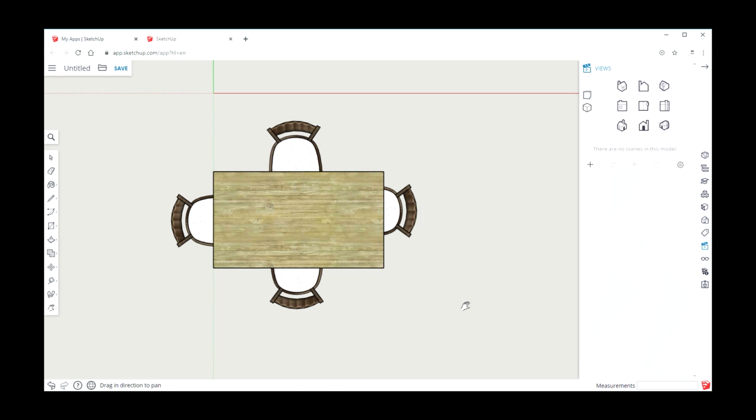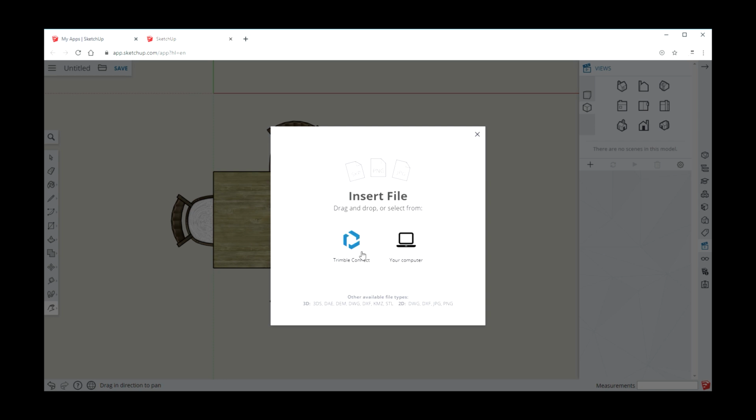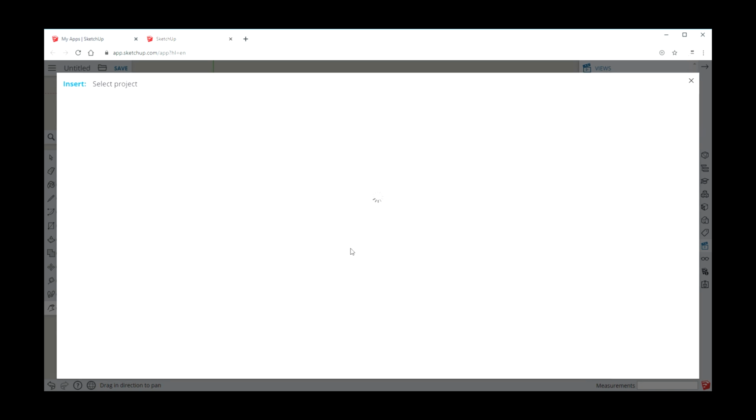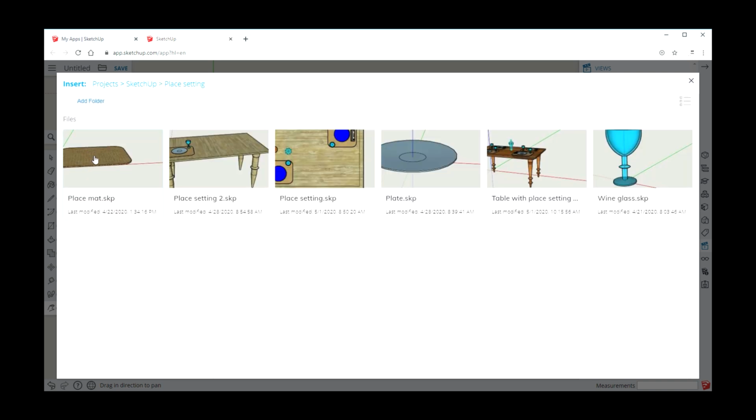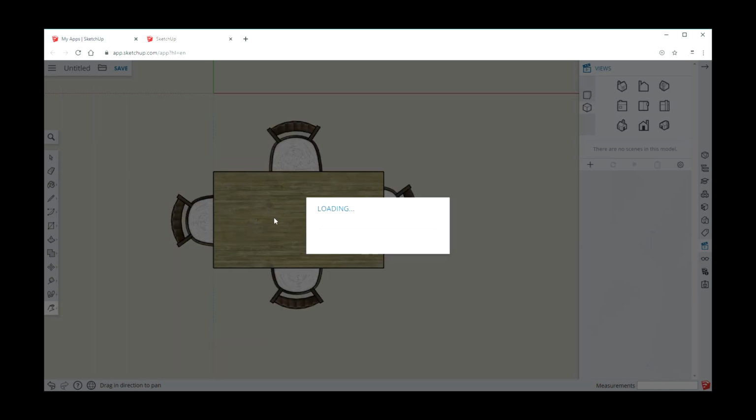Now, many of you have already created a place setting, but for the benefit of those who haven't made it this far, I'm going to demonstrate once again how to start your place setting and put it on the table. The first thing you do is use this folder by the save function and insert from Trimble Connect. You locate your placemat and insert as component